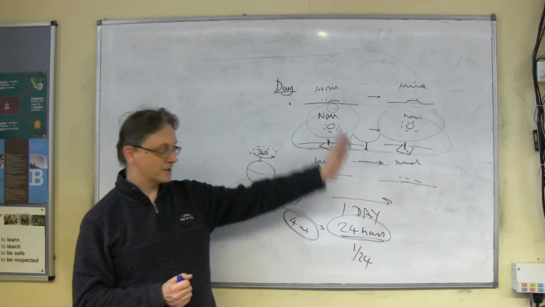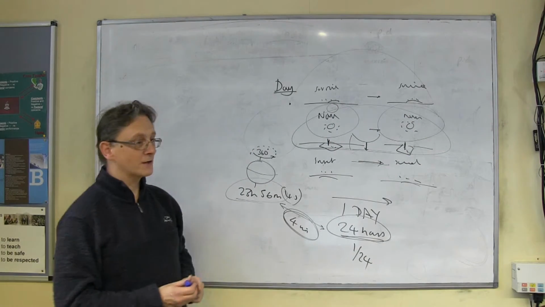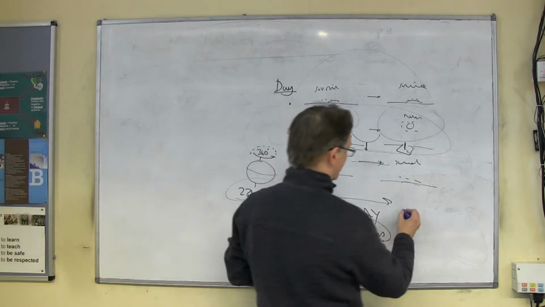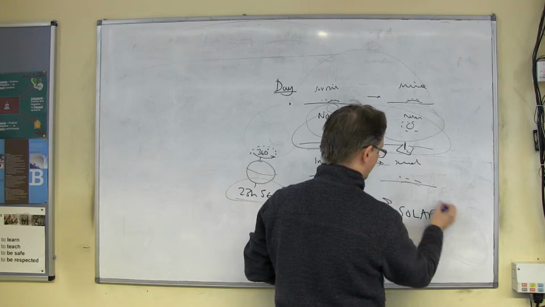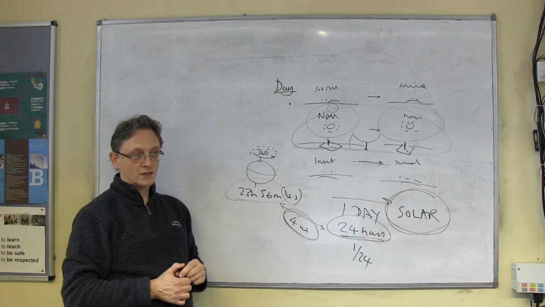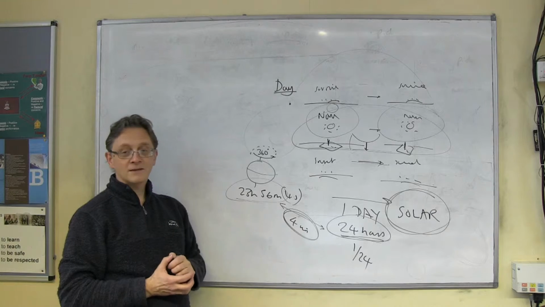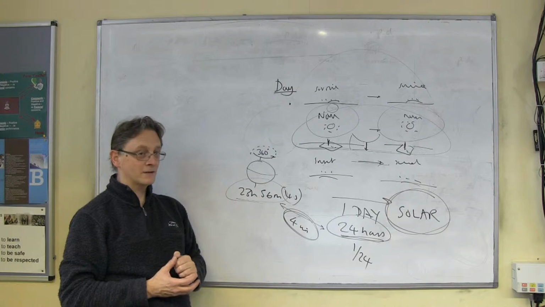We define the hour to be a 24th of exactly the time it takes for the sun to return to the same place in the sky. This type of day, let's give them different names because they are different, in your spec is referred to as a solar day. I think in the handout it calls it a synodic day, which is the correct term, but I think that's the word you need to know. That's called a solar day.